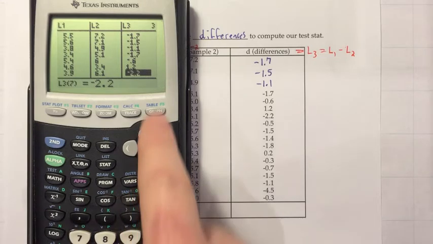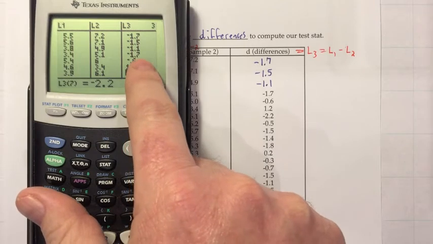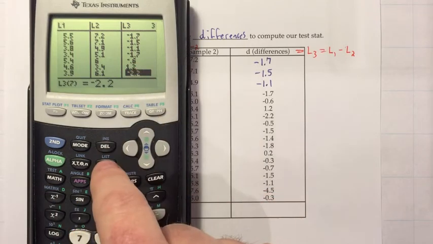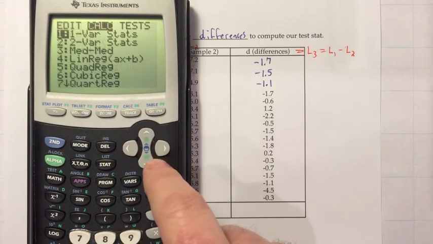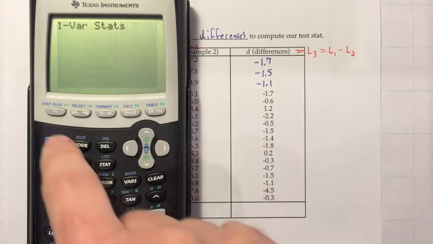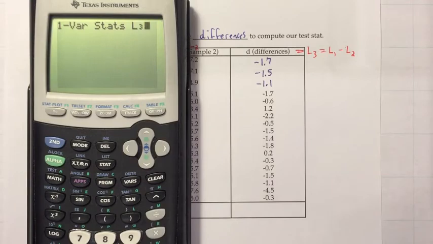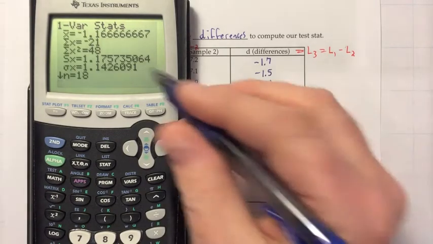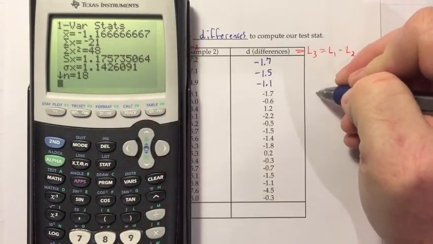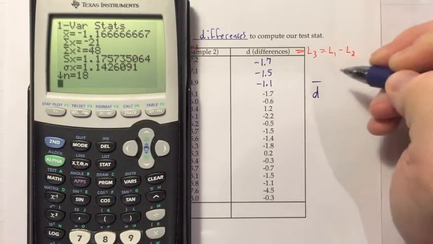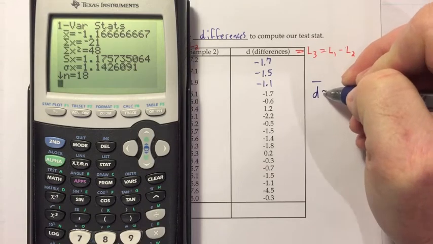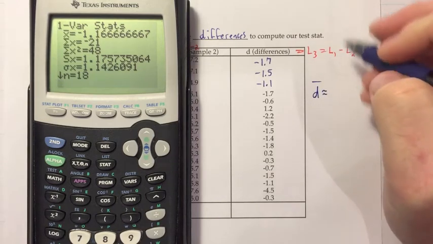All right, so next I'm going to go ahead and get the average and standard deviation for this column. So I'm going to hit the stat key again, go over to calc. I'm going to do one variable statistics, and my data is in L3. Typically in the past we were doing L1, but our differences are in L3, so that's what we want to do here. And they call it X bar, but we know that's for our difference column, so I'm going to call it D bar. It's good to put lots of decimal places when you're doing a hypothesis test, so I'll put